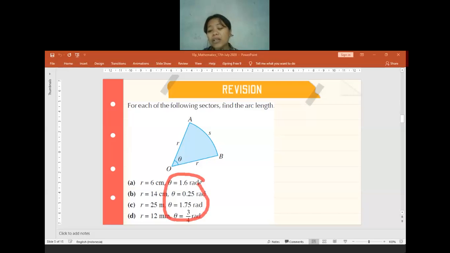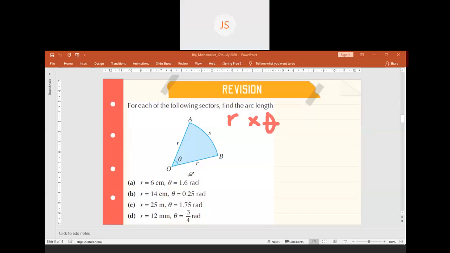That's why please kindly make notes during the online class. Do not only watch and do like this. Please kindly make notes so later you will understand more. Okay? Notes. But not all of you make notes. So it will be r times theta. I always make a summary. Please kindly copy it for your notes. I already shared everything to the Google Classroom. You can download it and print it if you don't want to make any notes.